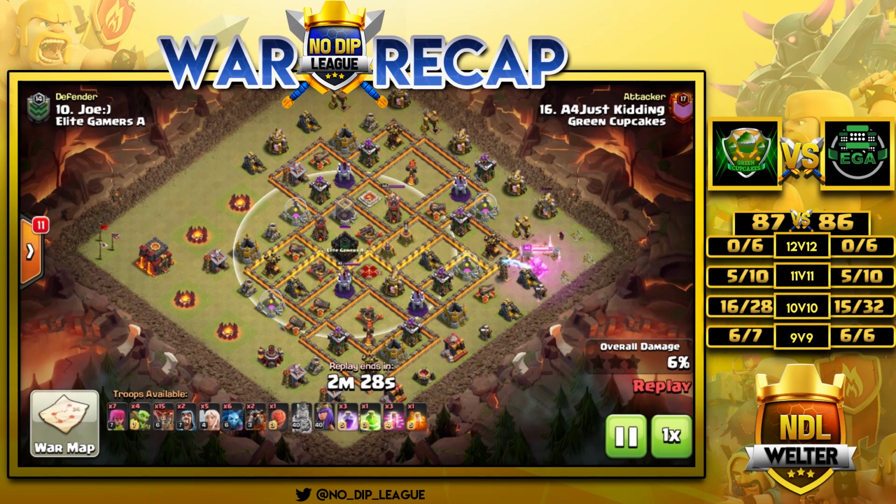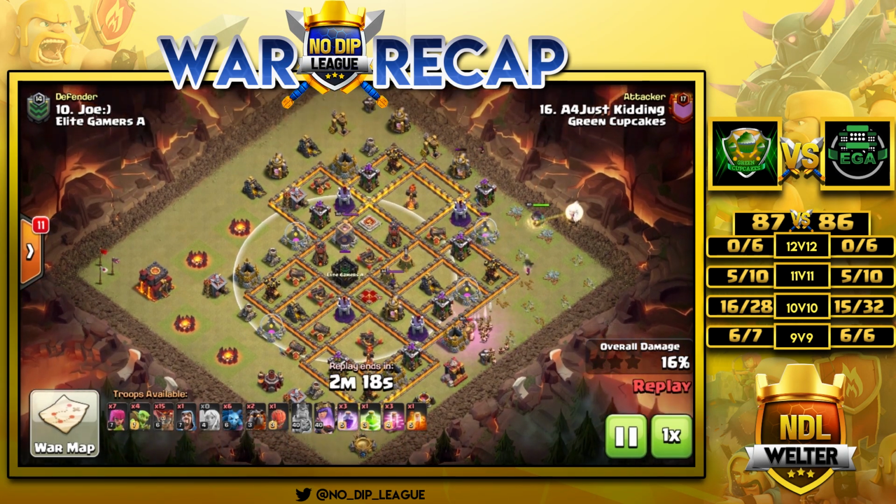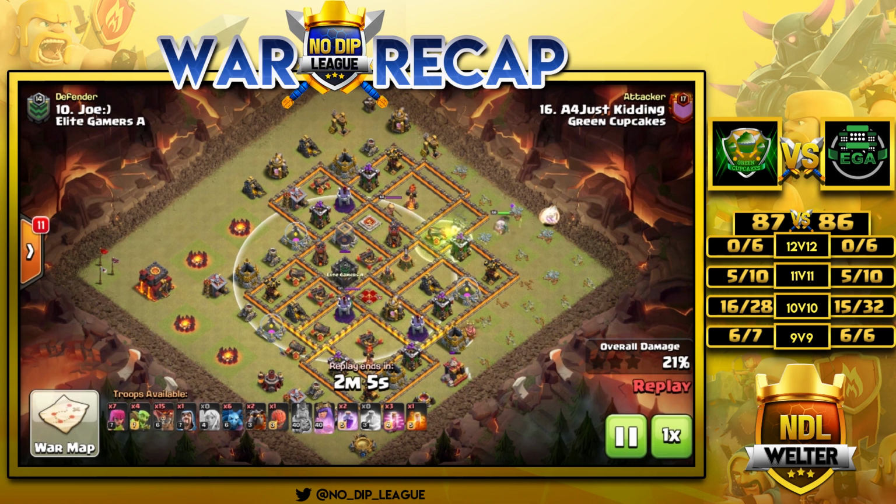They will help cleaning up some defenses, and some trash buildings on one side, and there is a wizard on the other side who will cut off the way for the queen so she doesn't go around this base. And here, exactly here, the queen is gonna use the jump to get into the core